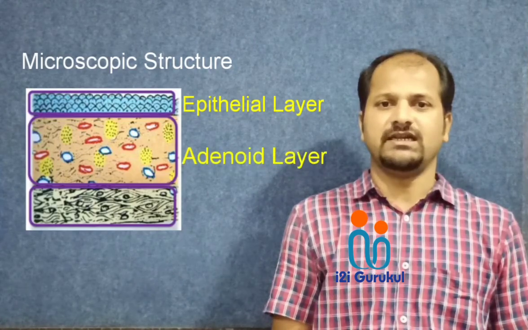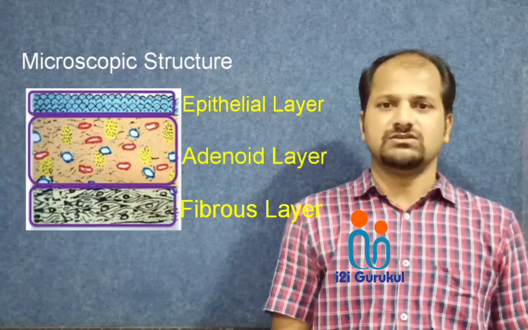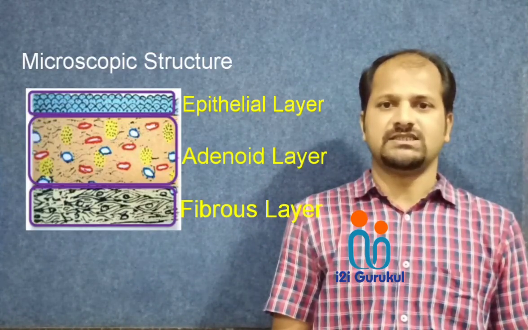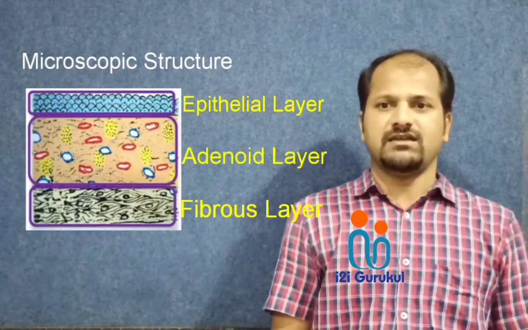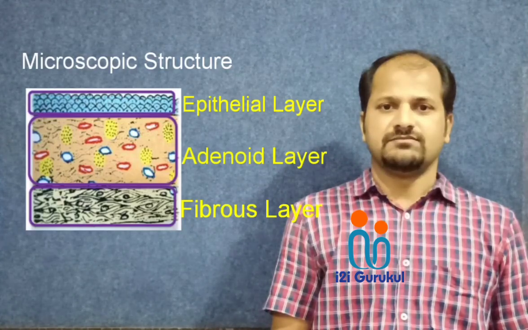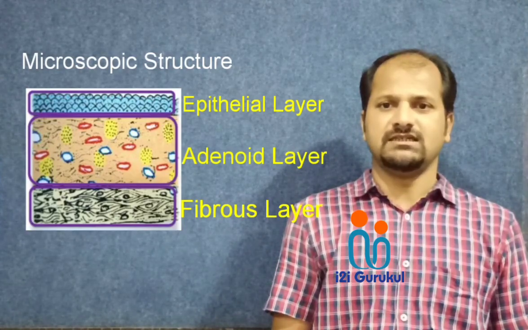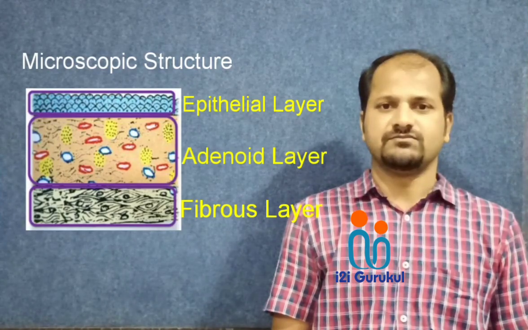The conjunctiva under microscopy shows three structures: first the epithelial layer, then the adenoid layer, and last the fibrous layer. The epithelial layer is arranged in 2 to 5 layers. Mucin glands are present in this layer which secrete the tears. Also this provides defense against infections and injury. Goblet cells help to secrete the mucin. They lie on the epithelial layer throughout the conjunctiva.